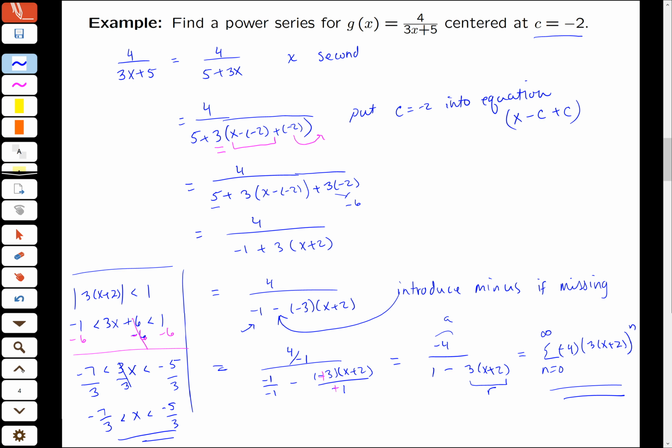Okay, do we all have it done? What did we get for an interval of convergence? 0 to 2. Don't say negative 2. Who said negative